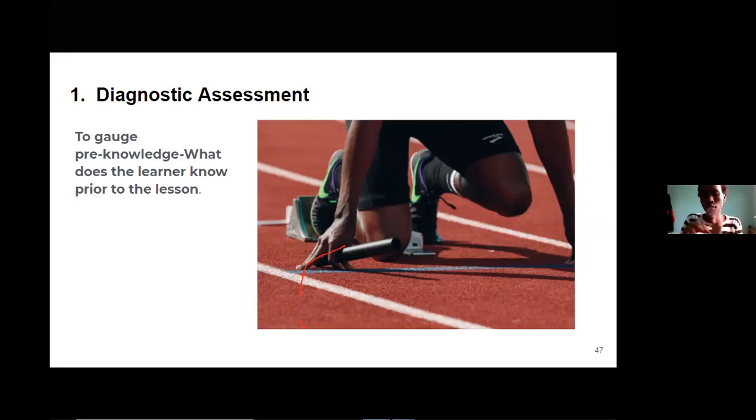It is usually not graded. It is just to give the teacher a roadmap on where to start and in which direction to go when it comes to teaching. So some of the examples of